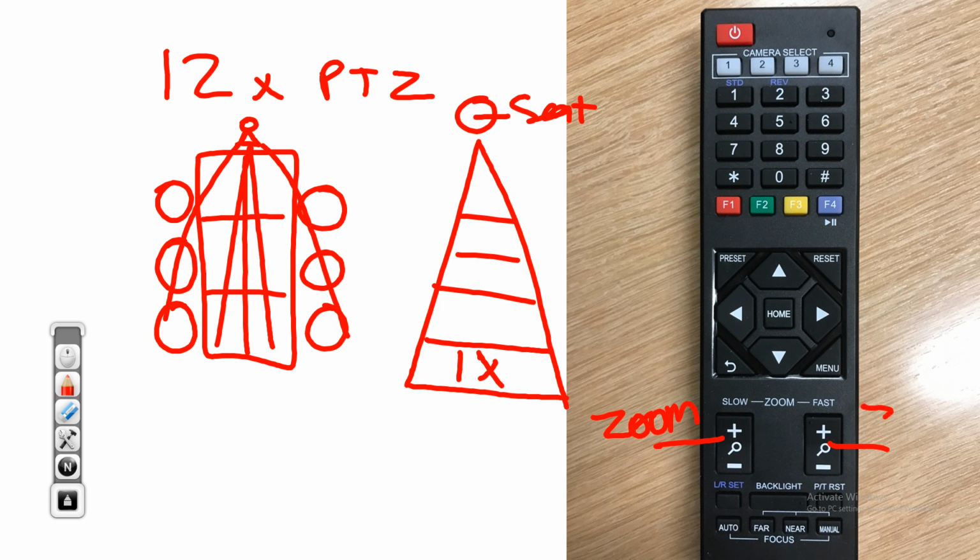You have zoom slow and zoom fast. I always tell people, go ahead and start with the zoom slow. It gives you a lot more control over the actual optical settings of the camera. And then if you want to pan the camera,